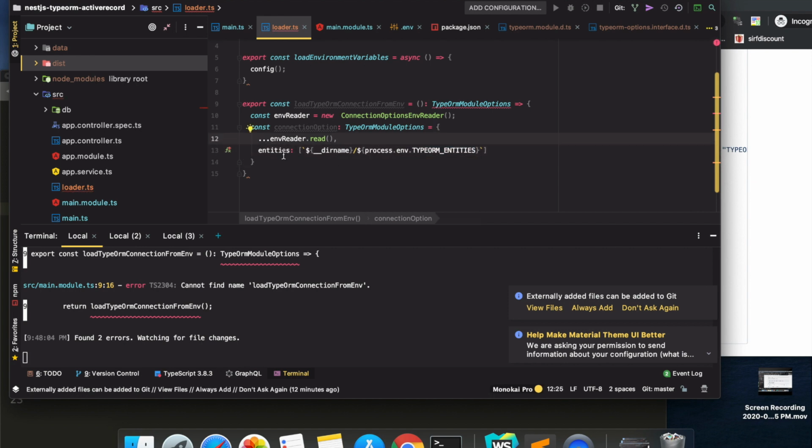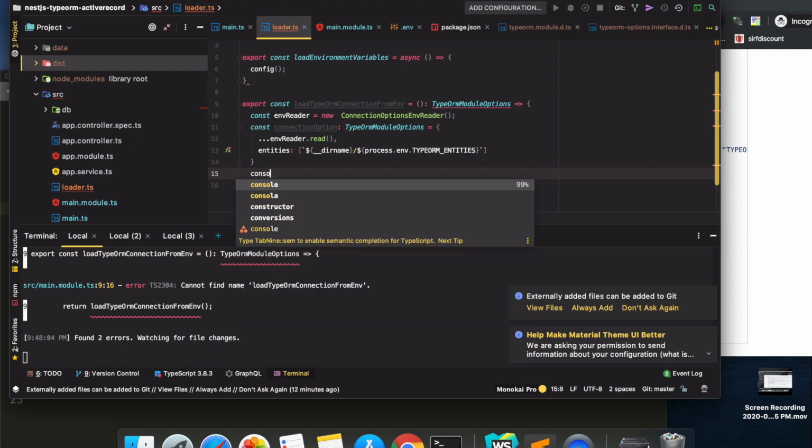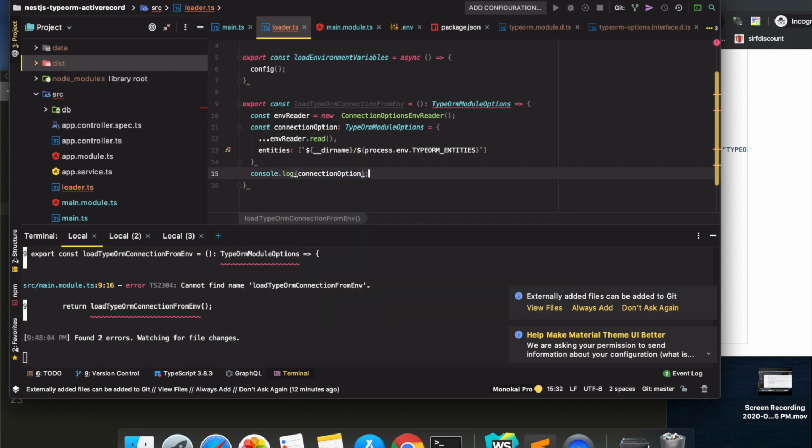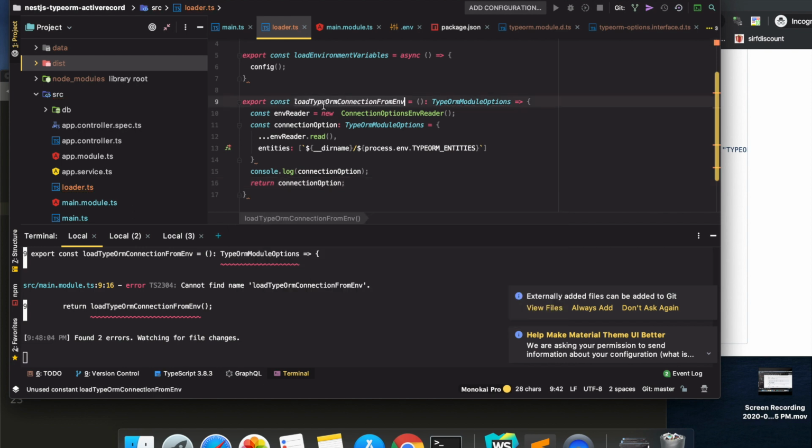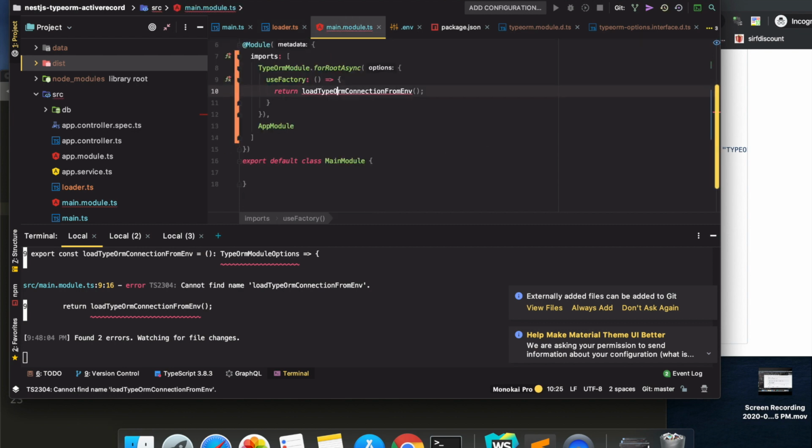So we have just overridden this entities option, and that's pretty much it. Now we can just do a console.log of connectionOptions, and we would return connectionOptions, right? Now we will go to our main module and we will just export this.